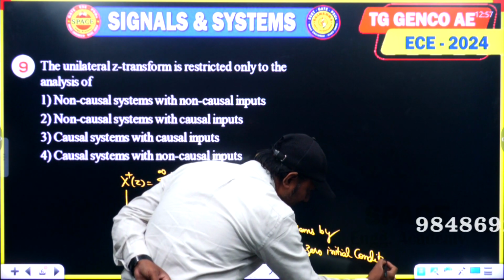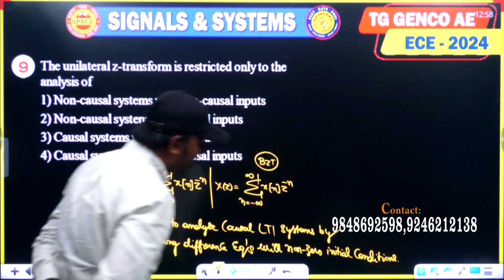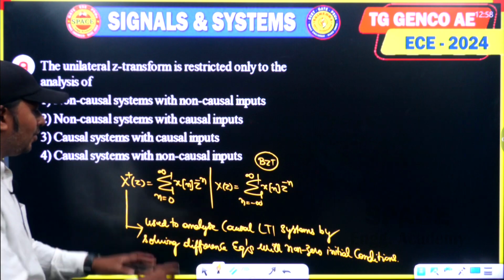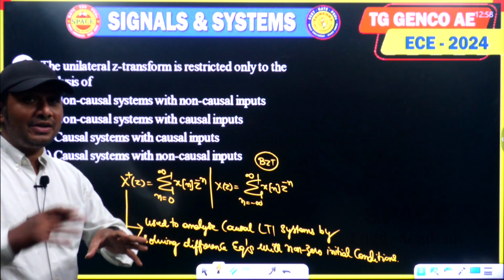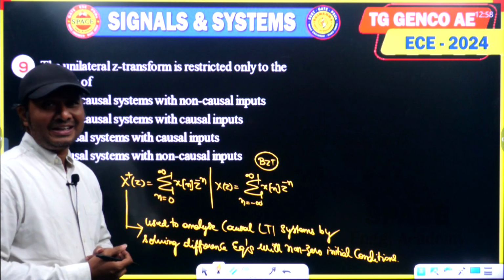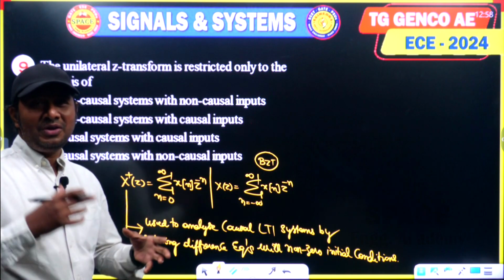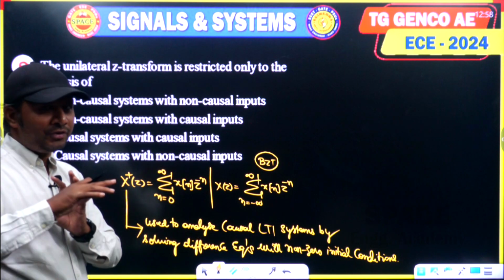This is the purpose. That is the reason we are going to have a different time shifting property for the unilateral Z